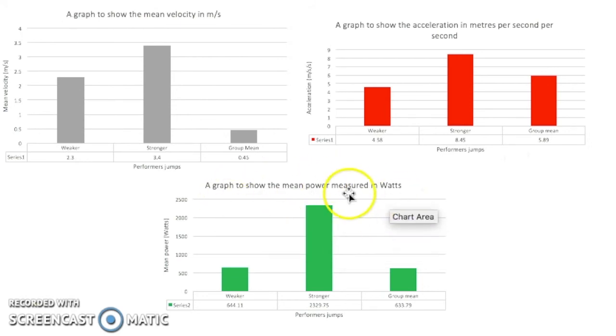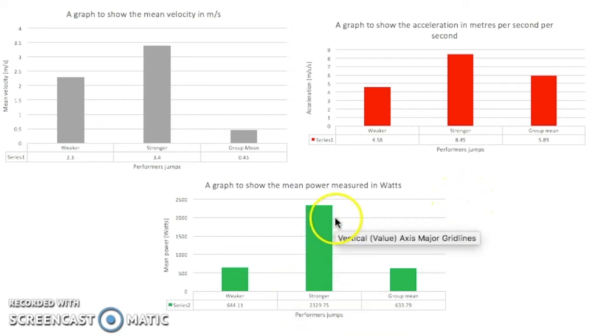This final graph here on the page is showing mean power measured in watts. The power which is generated is so important in an effective jump. The more power generated, the better, as it shows that the action and reaction between the person and the force plates was much larger, therefore propelling the stronger person into the air, as they had more power, and so there was more explosion from the force plates,